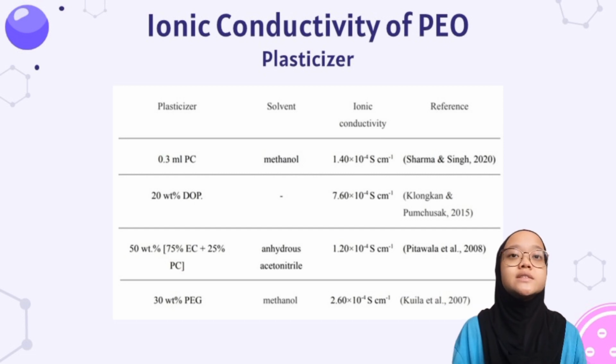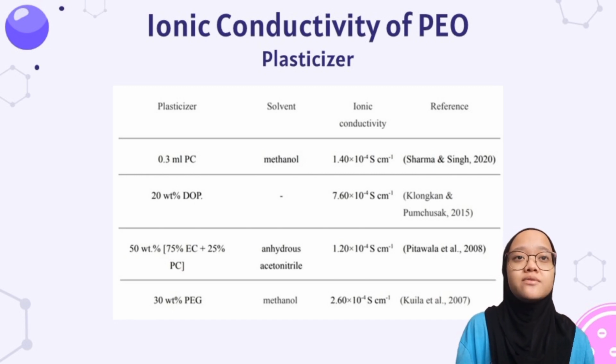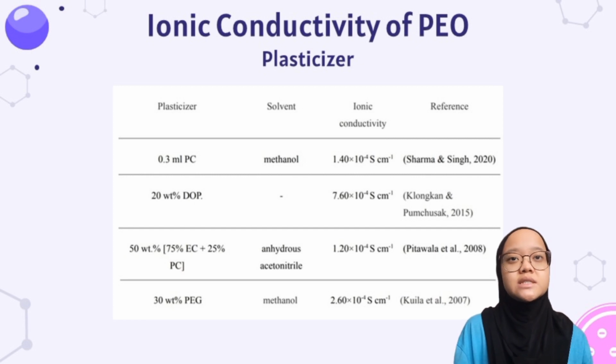Quilla and others applied the solution casting technique with perovskite type lanthanum manganate as a nanofiller and polyethylene glycol PEG as a plasticizer and successfully created an interesting PEO composite polymer electrolyte. It continues to rise when the PEG concentration in the PEO mixed with sodium perchlorate mixed with 10% lanthanum manganate increases, reaching a maximum value of 2.6 times 10 to the power of negative 4 S cm-1 for 30% PEG-based composite